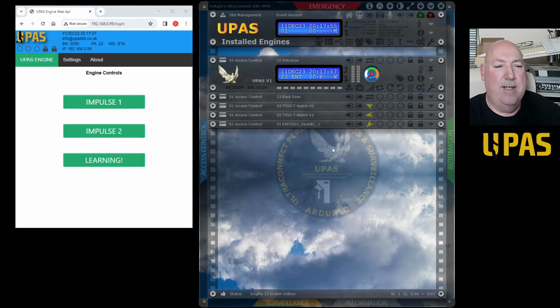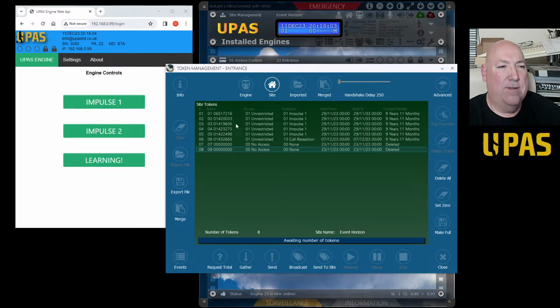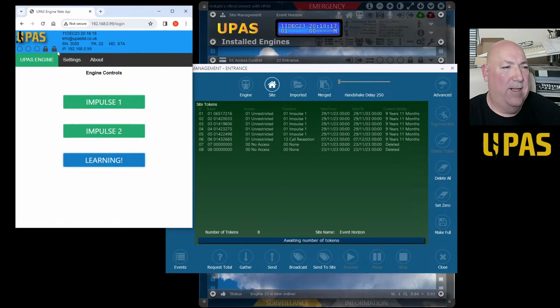Anyway, needless to say, we need that list. This list here. We need this list to appear in a web page here. So forget about that learn in a minute. That's a standalone function. Whichever tokens are in there, we need it to show in the list. But basically, this web API is for when you use it standalone, because you don't need both. You could have this or the web API. But it's nice to be able to change some settings.